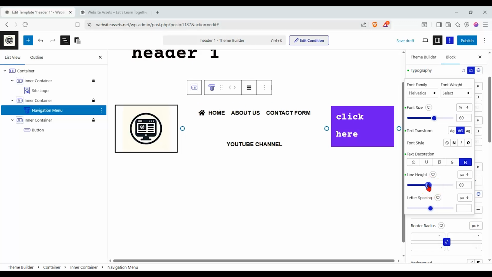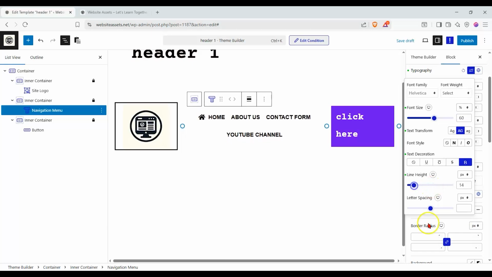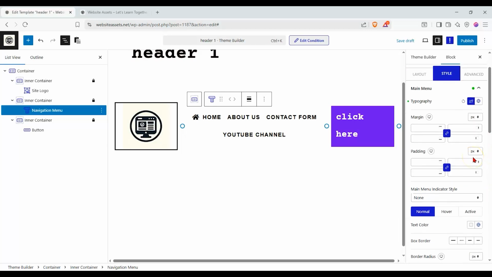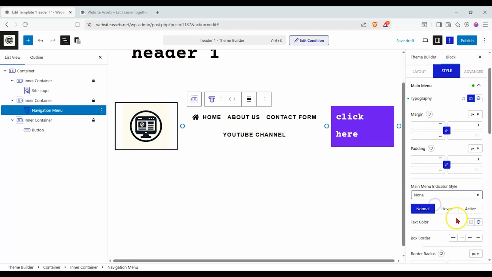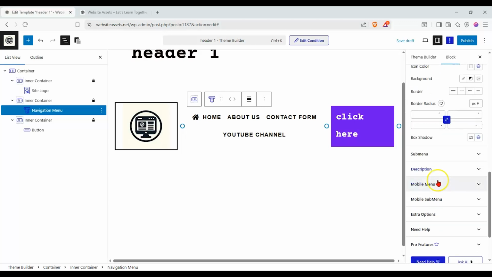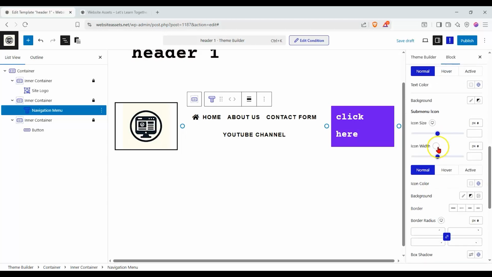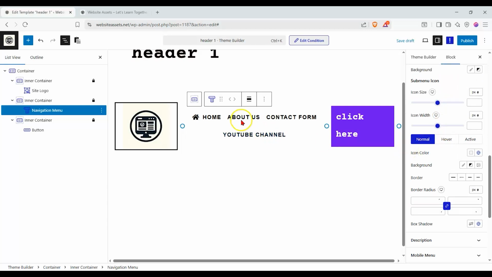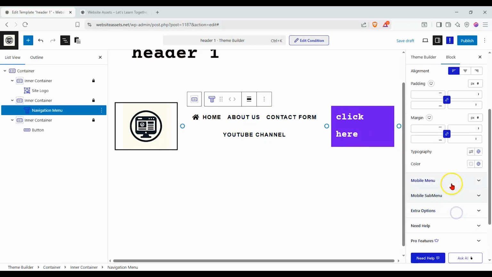We can change our line height and our line spacing as well. Our letter spacing. It's very customizable. So if you wanted to make your header look very unique, you could do that. We can also change our padding. We can change our indicator and indicator color. We can add a border. Again, I'm not gonna. And we have our submenu options here. It's the same thing. If you just have submenus below each one of these items,